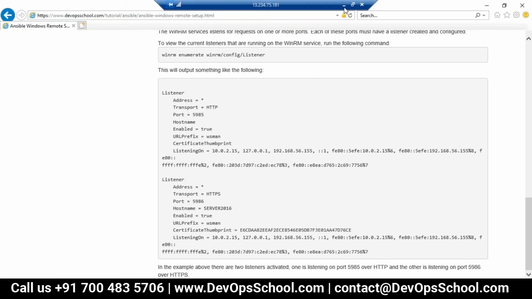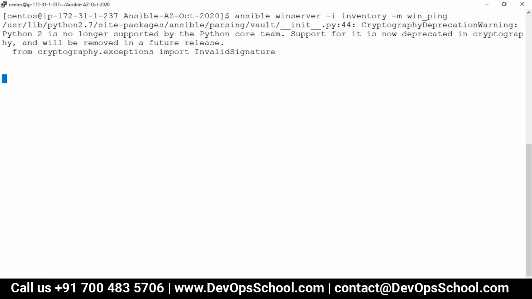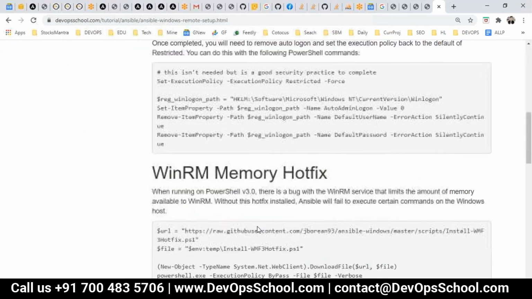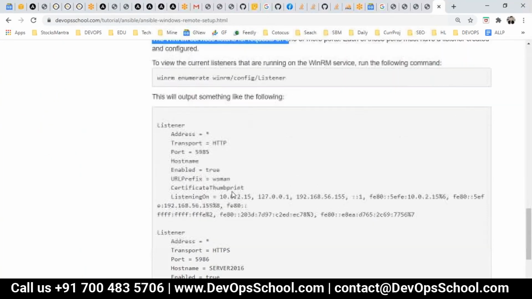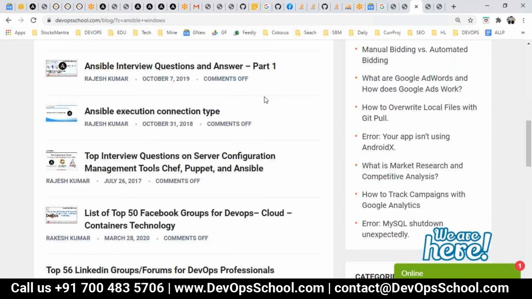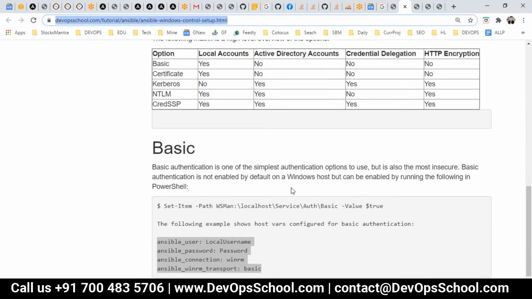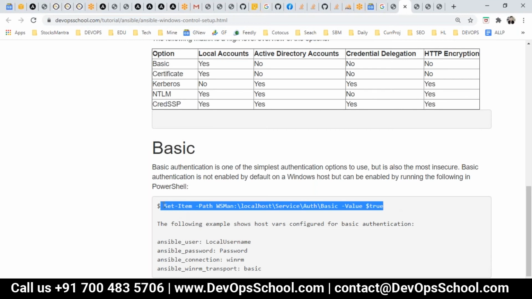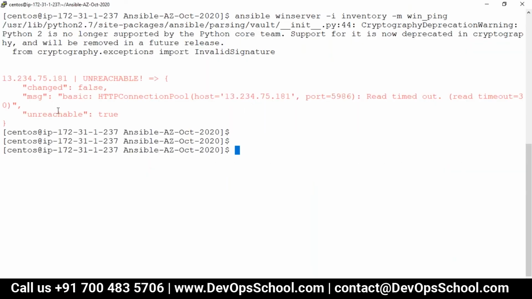Okay. Sorry, I missed one step. Enabling the HTTP in the... just a second, I missed this step. Basic authentication is not done. So by the way, you got some error also. See here, what do you have? Authentication error, HTTP.